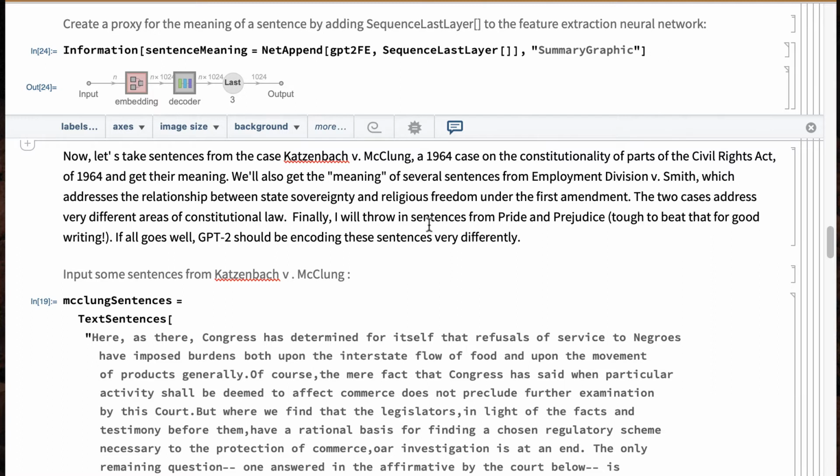And then finally, I'm curious as to whether GPT-2 can distinguish non-legal literature from legal literature. And so my non-legal sample is Pride and Prejudice. Why not go with one of the best books of Jane Austen? And we'll see what happens.